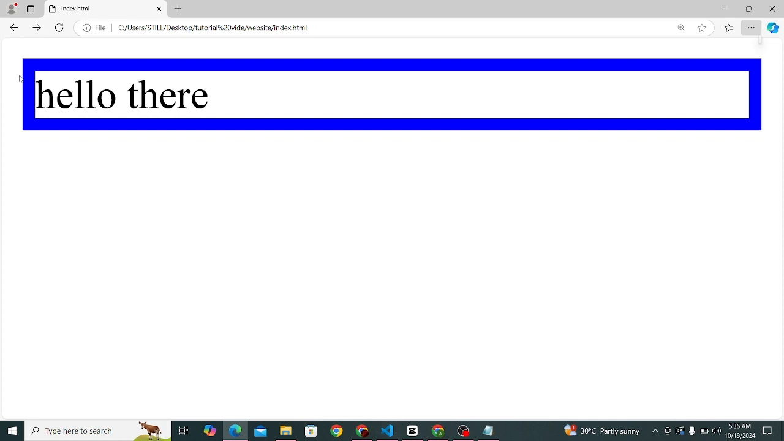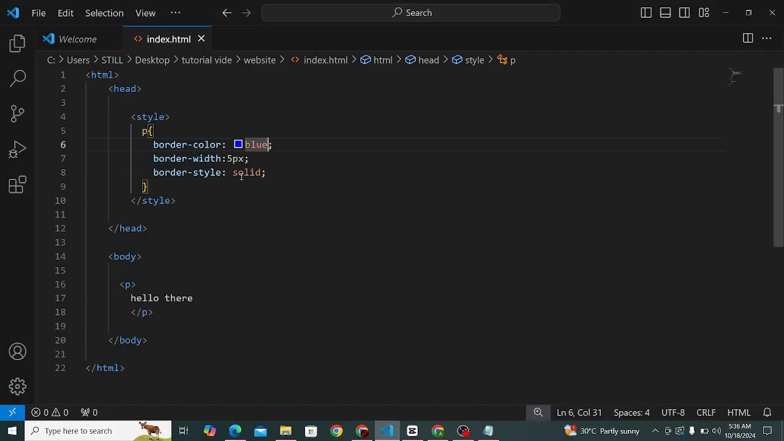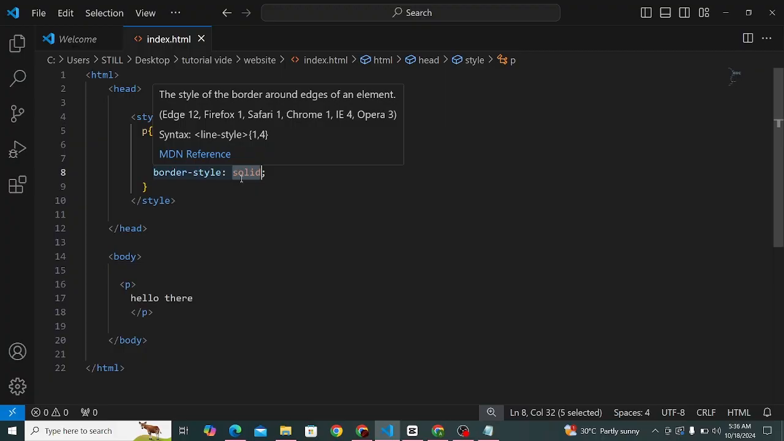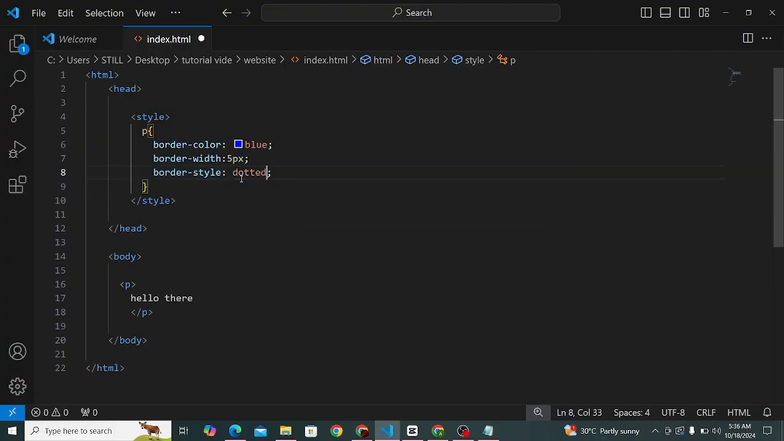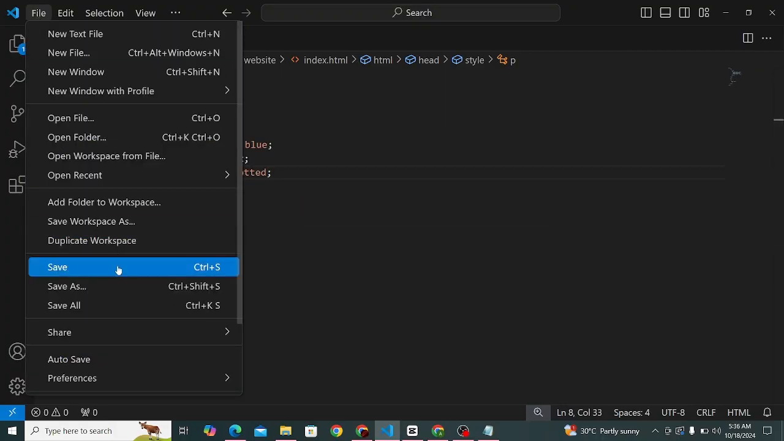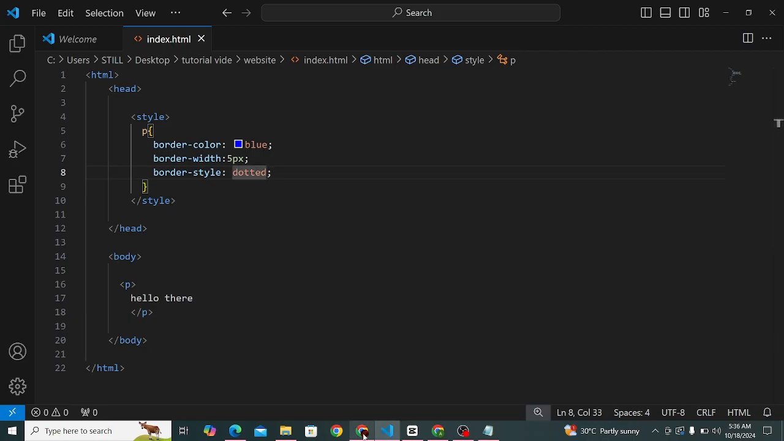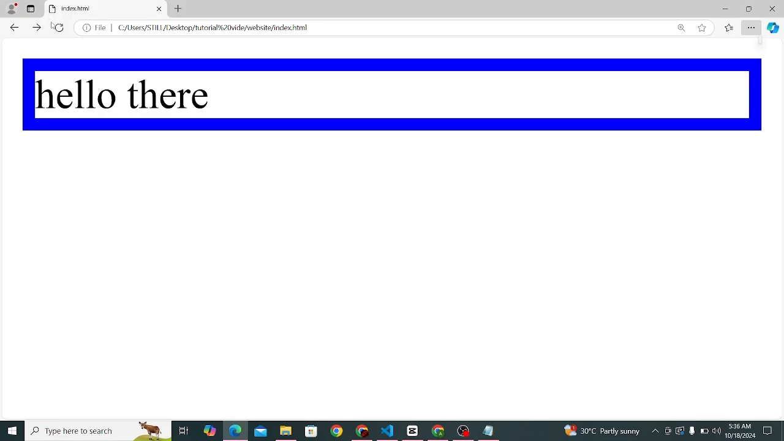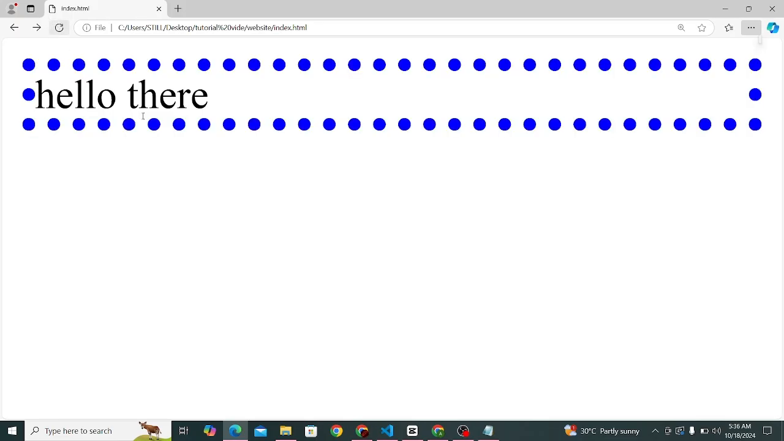And if we want the style of this border to be not solid but rather dotted, we just move to our code editor. Now change this solid to dotted. Now let's save it. Now let's open it up in our browser. Now let's refresh. You could see that our